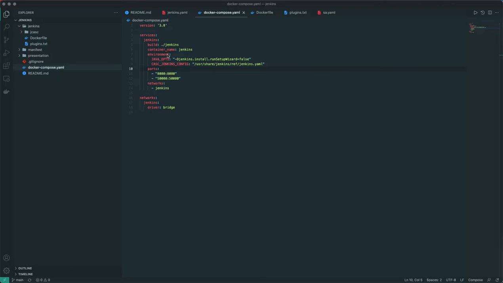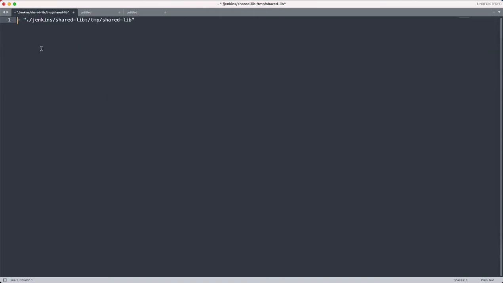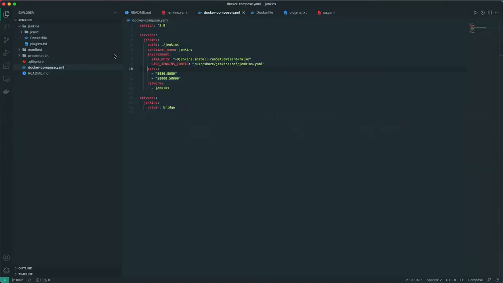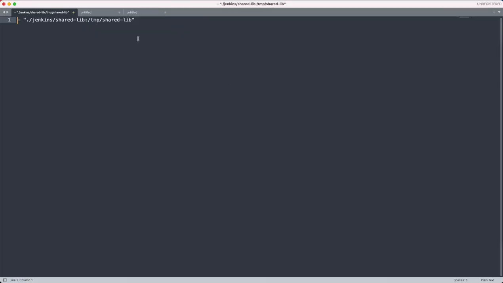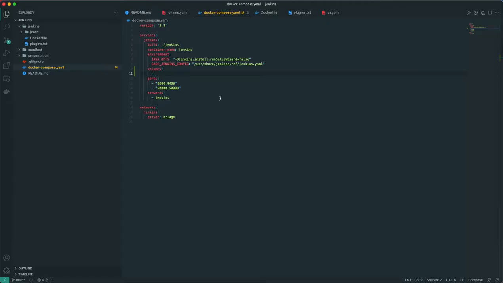For that, first we have to create a volume. So this shared library folder should exist inside the Jenkins folder. So we have the Jenkins folder here.